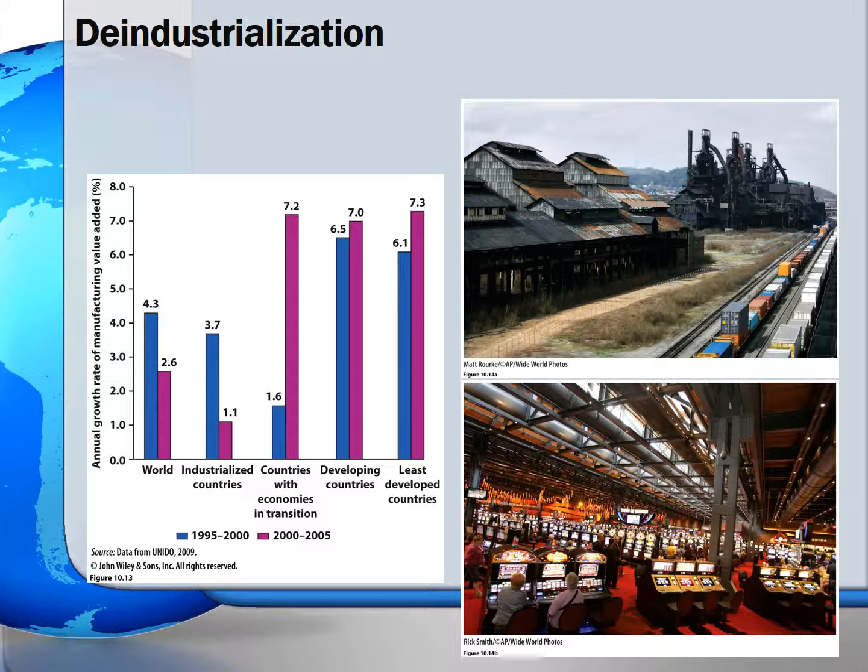Two, changing resource endowments. Resource endowments are natural resources, infrastructure, and skilled and educated workforce. When these change, a firm in another country can take advantage of lower cost of production and gain a competitive advantage. And three, economic globalization and the new international division of labor. Again, the shift in jobs to developing countries.